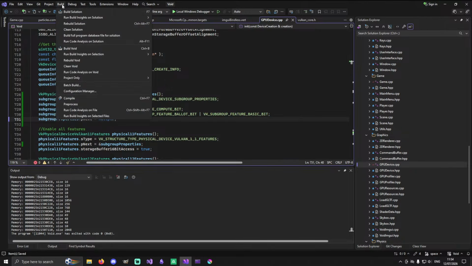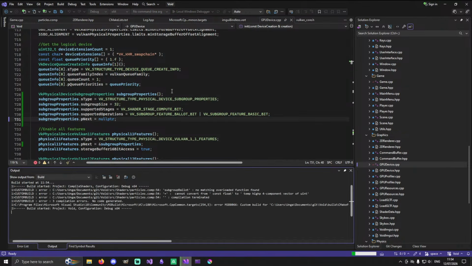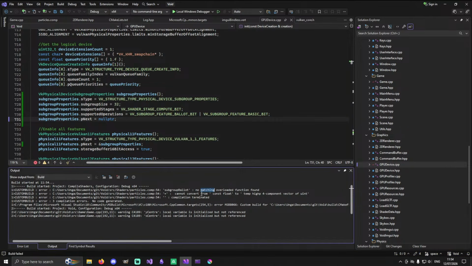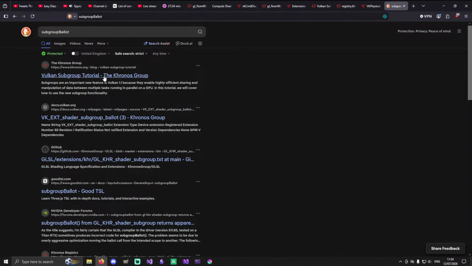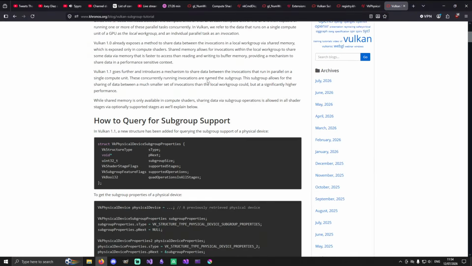So right, so let's just make sure this compiles. Alright, so I probably need to check that this